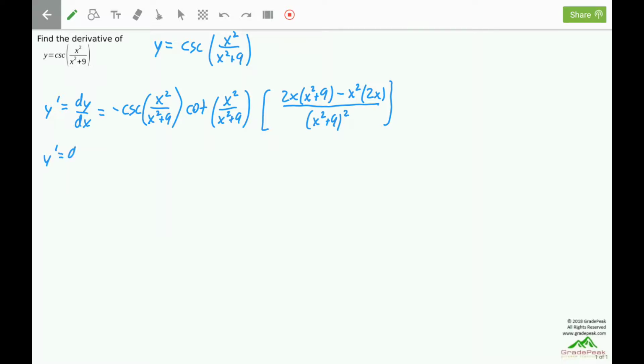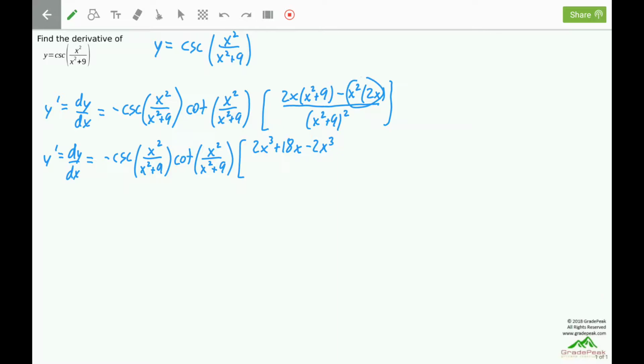So y prime, or dy dx, equals negative cosecant of x squared over x squared plus 9 times the cotangent of x squared over x squared plus 9 times, now what I'm going to do is distribute this 2x in here. That will give me a 2x cubed plus an 18x, and then minus a 2x cubed when I multiply these terms, all over